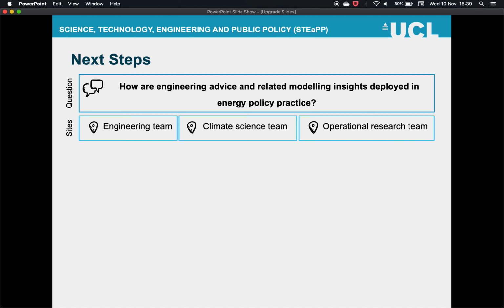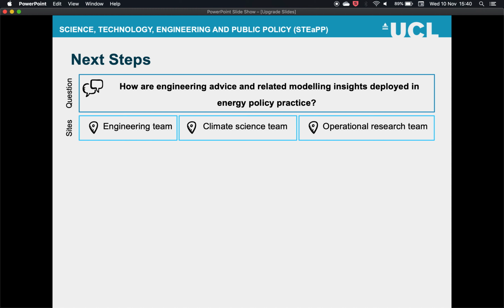So I can really isolate the variables to really focus on the difference between science and engineering advice for policy, and therefore see if we can transpose some of the findings from the science advice literature onto engineering advice or not, and understand the role of that difference in nature between the 2 disciplines in terms of advice. The climate science team also collaborates with the engineering team on certain projects and deals with large-scale climate models as well. So it's a great site to study modeling and again how advice and collaboration feeds into that